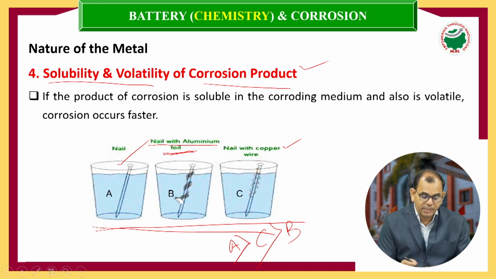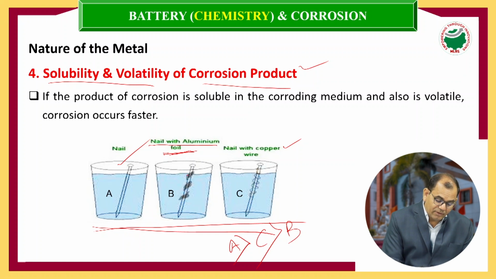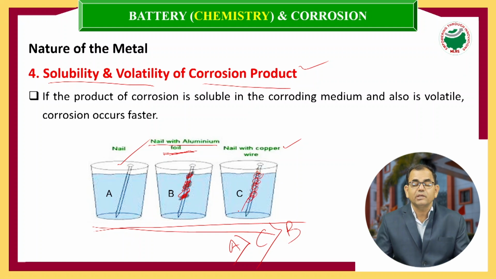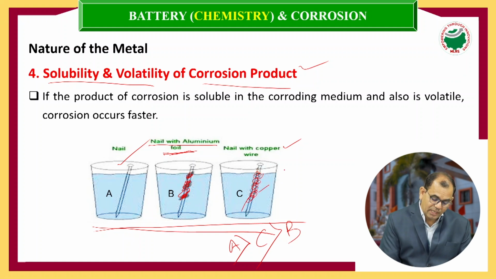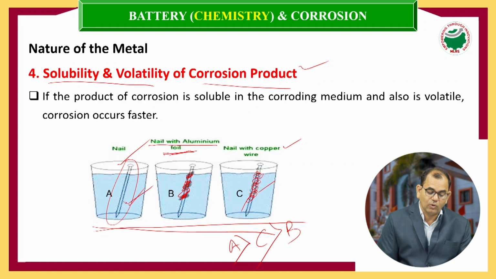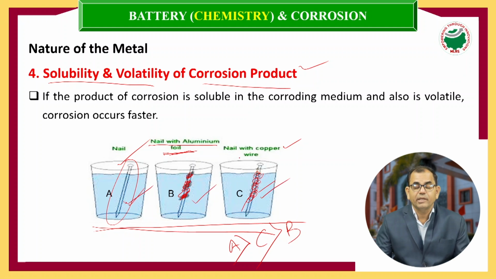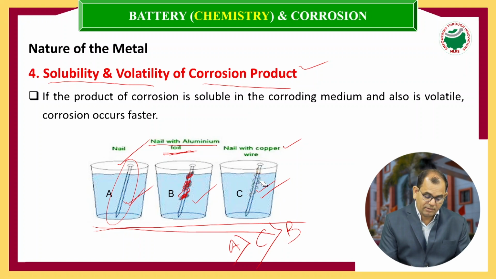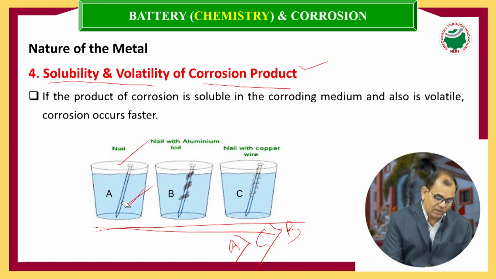But when we talk about B and C, the aluminum foil and the copper wire wrapping, here the aluminum foil is covering the nail fully, whereas the copper wire wrapped on the nail surface is not covering the nail properly. That means the exposure area of this nail to the water is more. And in the A case, there is no protecting thing. It could be aluminum foil or wrapping of copper wire or anything, there is nothing else here. So, the corrosion rate in A case is more than C and then B. Why? Because of the protection layer on the metallic nail. Okay. Now,